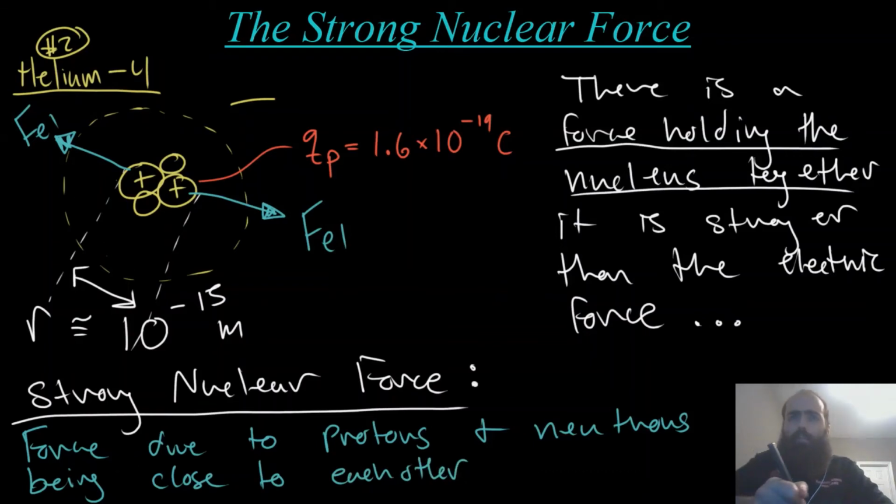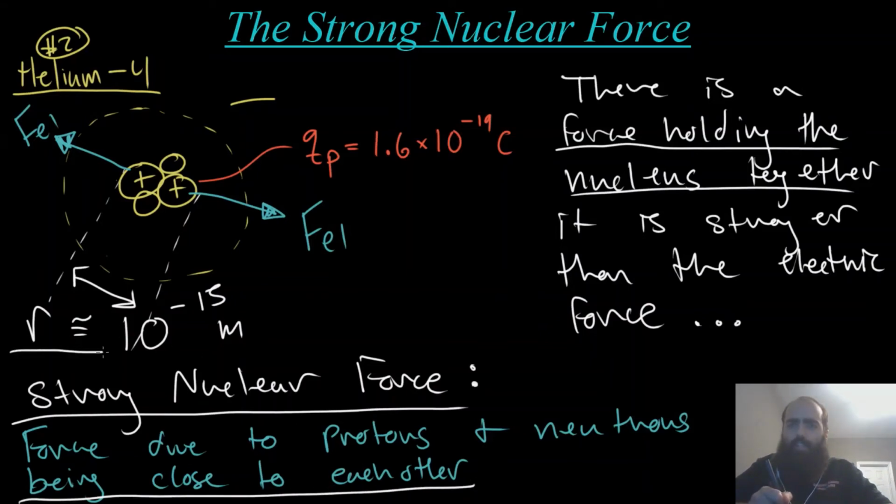And when I say being close to each other, we're thinking about characteristic length scales, around the scale of 10 to the negative 15 meters. That's when the strong nuclear force is going to